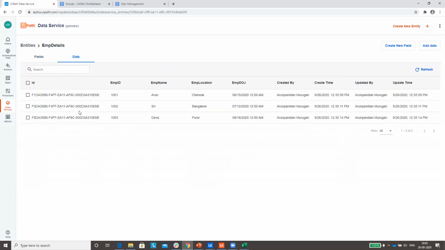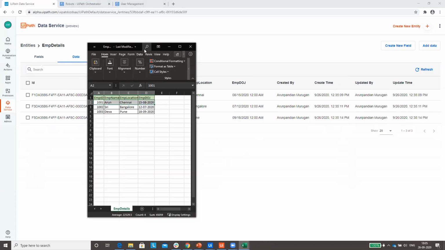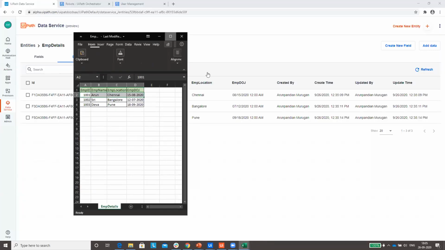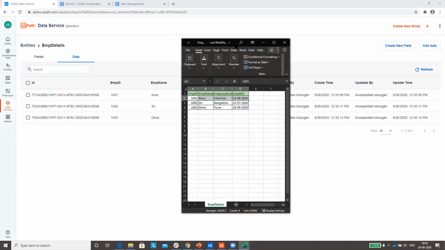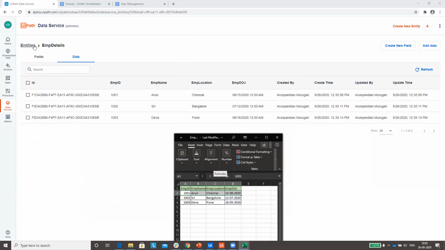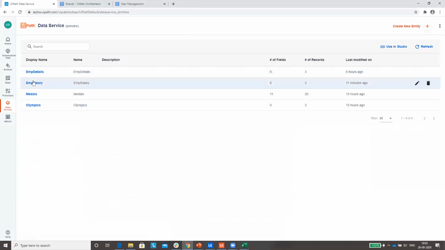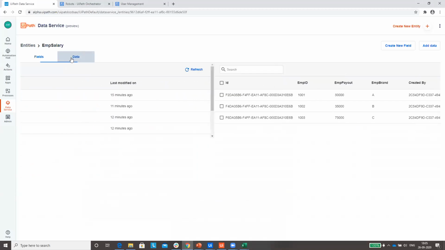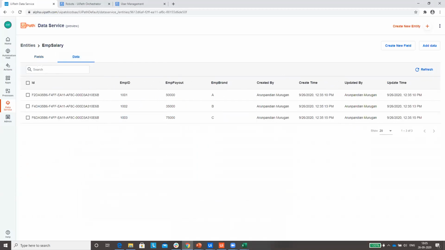So we have the details for whatever we are having in this particular sheet. Okay, you can see here. And similarly, you will be having the same data, whatever is in this particular Excel.